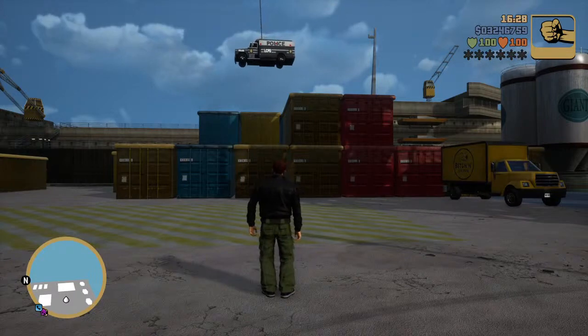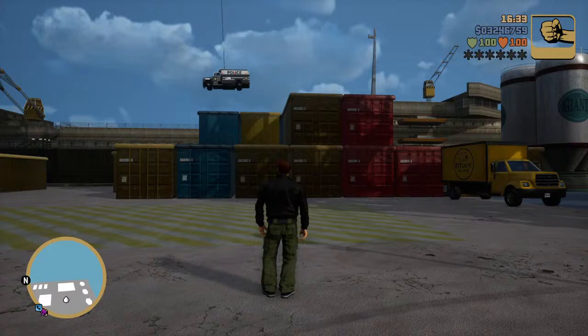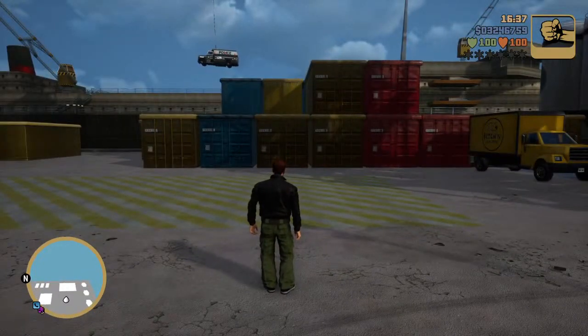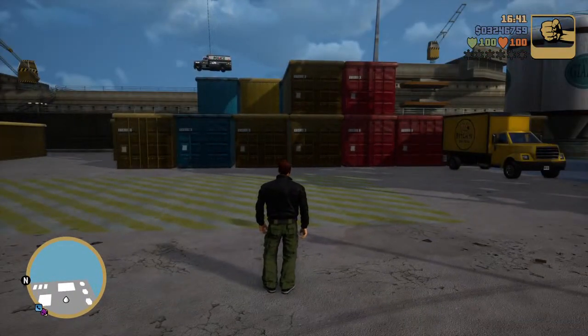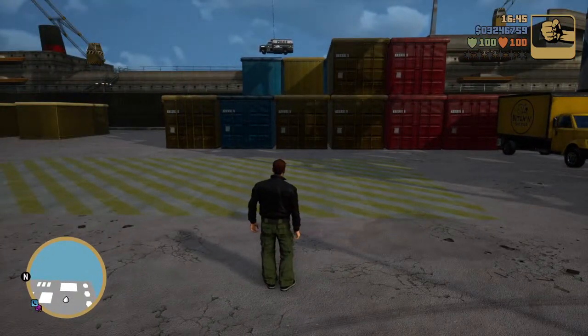But yeah, that's vehicle number 3. Next one is actually the FBI car, and that one's going to be one of the harder ones to obtain, because it requires actually getting a 5-star wanted level. For a 5-star wanted level, you need to be in at least Staunton Island to be able to get the FBI car,